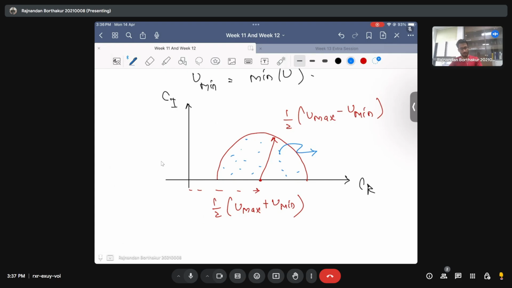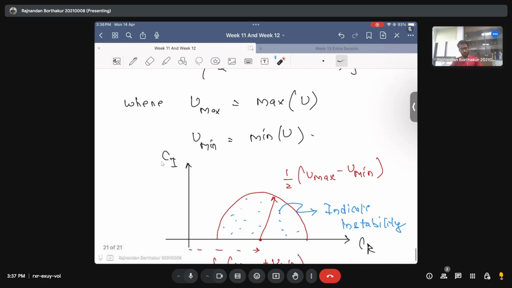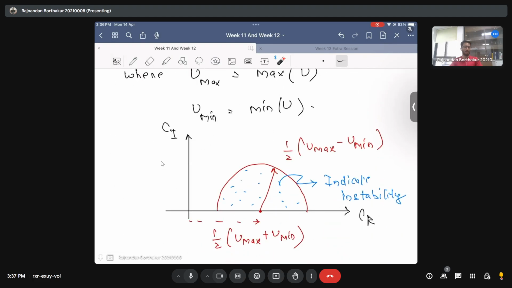this will indicate instabilities. So if Ci lies inside the semicircle, this will indicate instability. In fact, this is a sufficient condition to see if there are instabilities in our analysis. For instance, for the Couette flow, if you happen to calculate the eigenvalue C, your Ci should not lie inside,